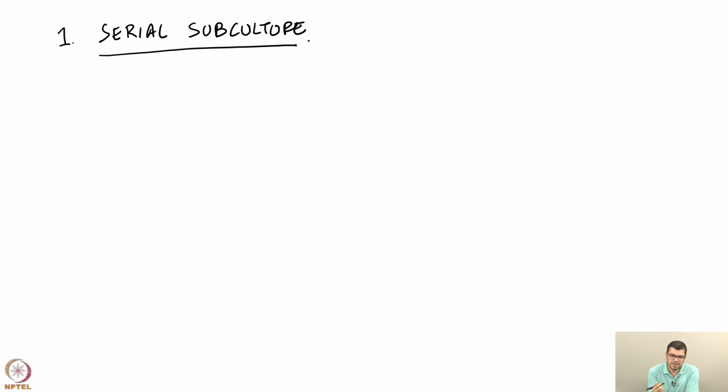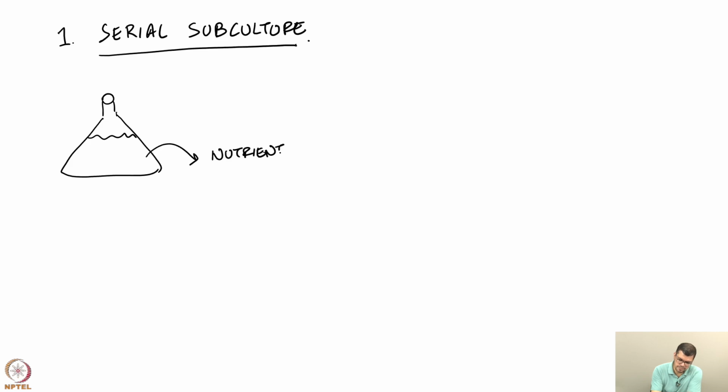So, if we do this experiment via a serial subculture method, our strategy would be as follows: we will take a flask, in this we will put nutrients, they will have all necessary nutrients that are needed for E. coli growth, and as carbon source they will have glucose and obviously no other carbon source. So, that is done. After that we will introduce E. coli to this flask and we will let growth happen